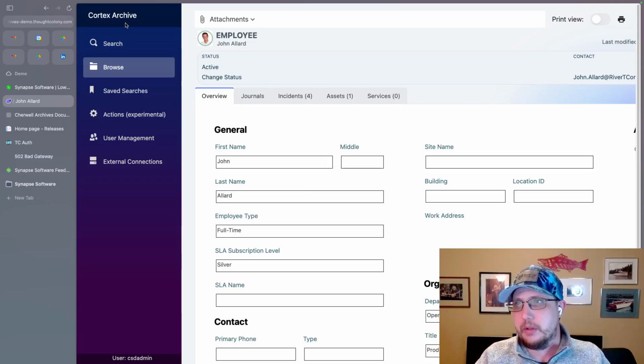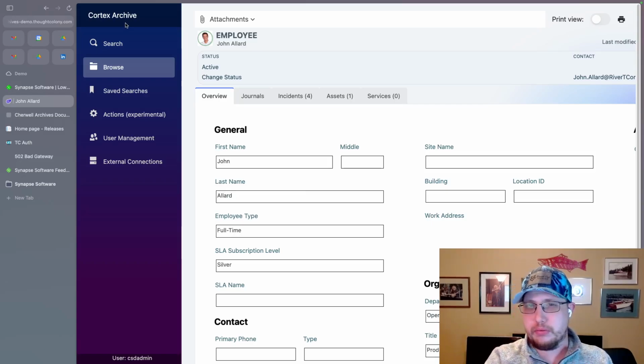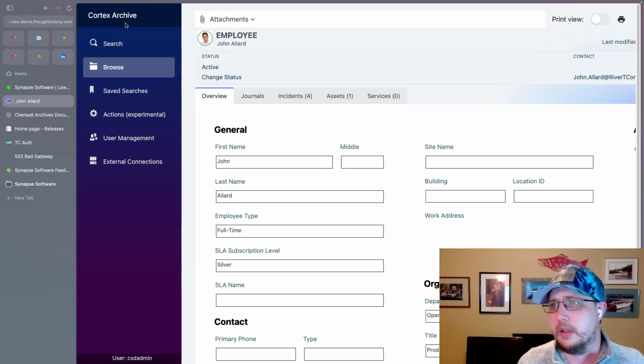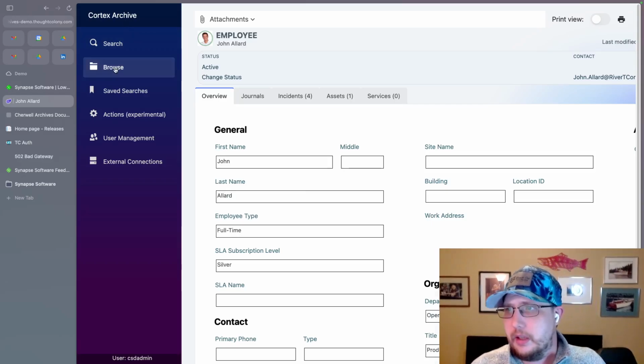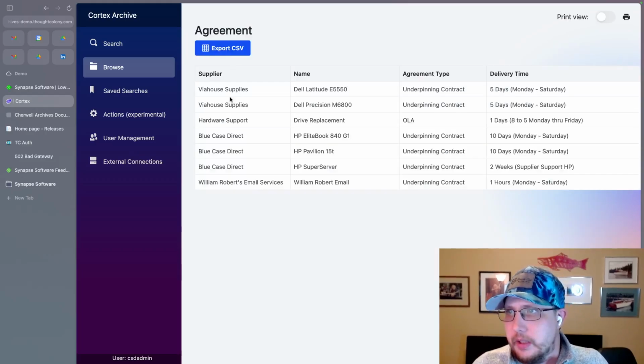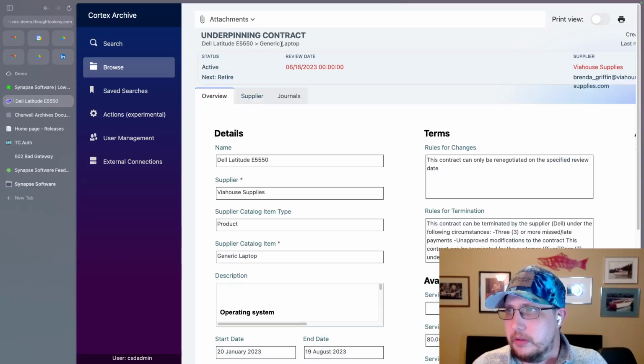So incident, typically that's the incident ID. Employee, that's probably the employee name, but you have to be careful if you have two people with the same name. And then any other business object you have that configured for. Change request, it might be the change ID. Agreement, there might be a public ID and agreement ID. I don't remember what the out of the box content has. But in any event, if you have a public ID configured for the business object,